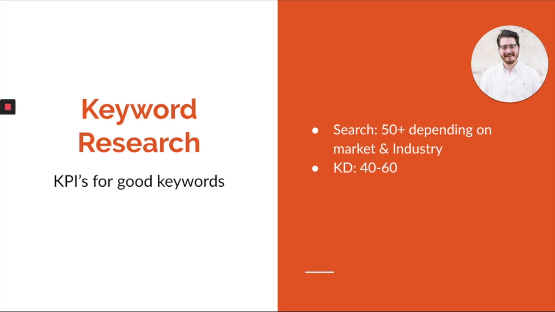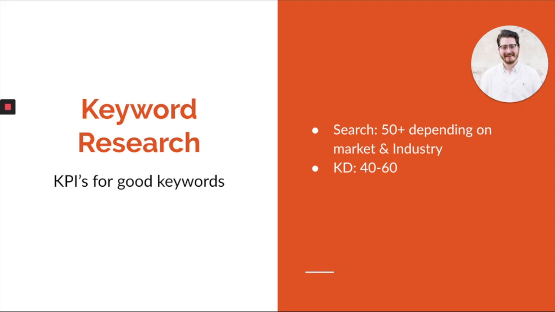So there's more than just looking at data. It's more of a data analysis and understanding your industry and making good decisions on where to spend your time and resources. And the next piece is going to be the keyword difficulty. We like to shoot between 40 and 60. Anything higher than 60, you've got to have a lot of time, a lot of money, and a lot of resources before you start seeing good results. Now, that doesn't mean you can't climb quickly, but to get in what we call the top 3, the map 3 pack, to rank on that first page, it's going to take more time